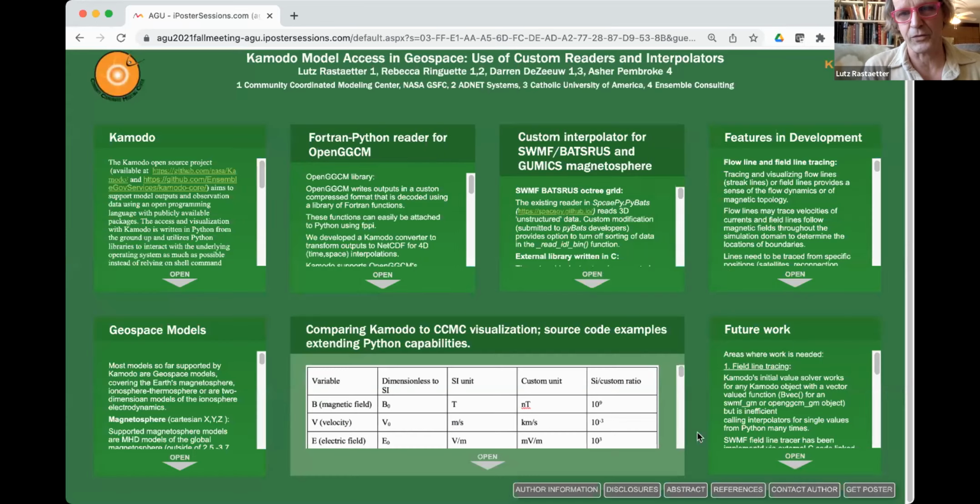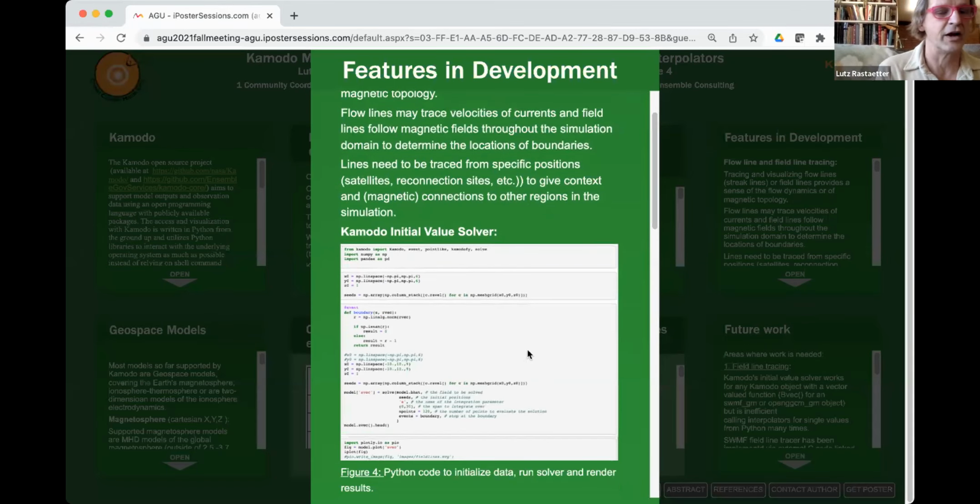And then the third part of the poster presentation essentially describes how we can use other packages such as a field line tracer that in turn will use the advanced interpolation scheme. And so yes,